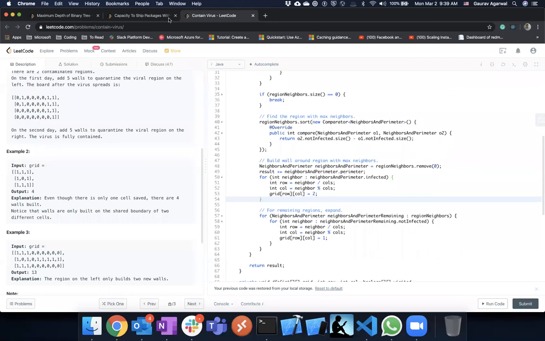Gaurav, one question. Yes. So if it is an m into n matrix, then I have to go with the maximum number, whatever the rows or columns, right? And then your code line number 59. Here you are dividing by columns and taking a percentage of columns. So you take columns because columns are more.